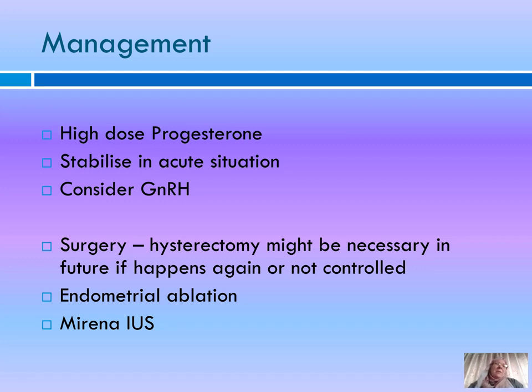So you will now ask me, what is the best treatment? What should we give to the patient? This has to be discussed with the patient. To stabilize her at first, she needs high-dose progesterone to stop the bleeding initially. But then for longer-term treatment, you have to discuss with her and see what she prefers, what sort of treatment she would feel most comfortable with. And of course, it depends on what is available in your healthcare setting.